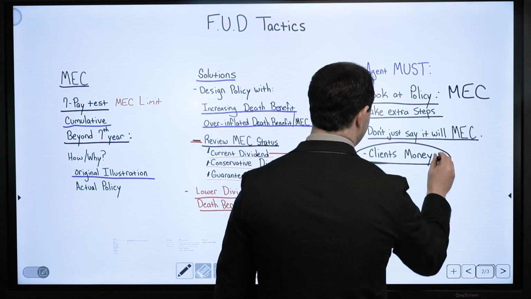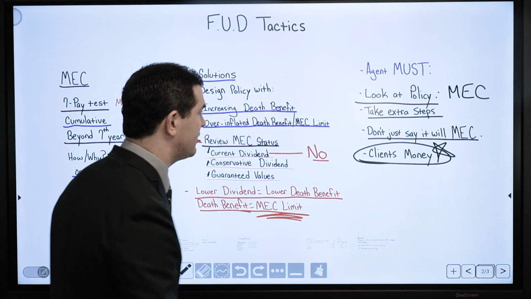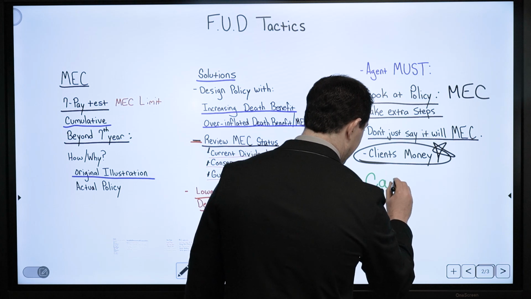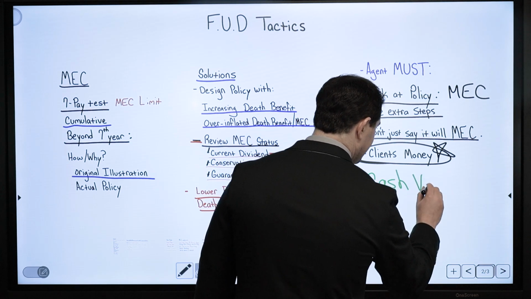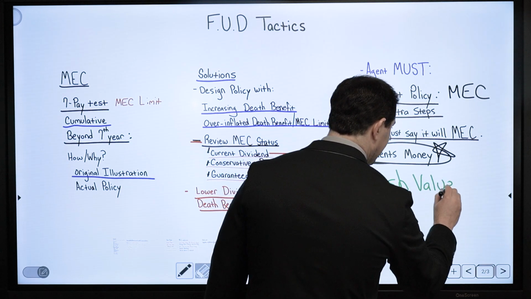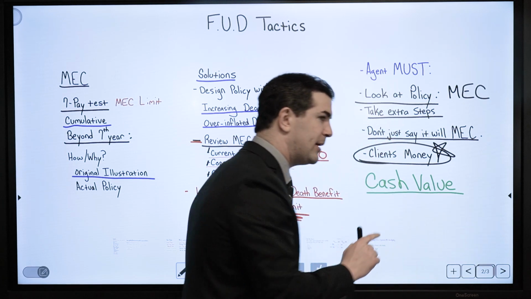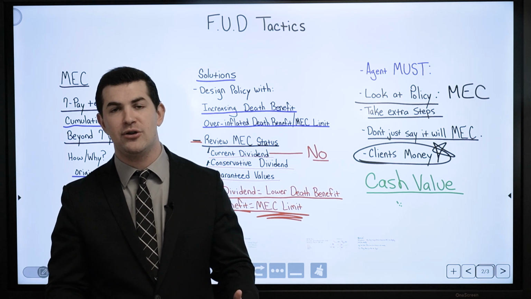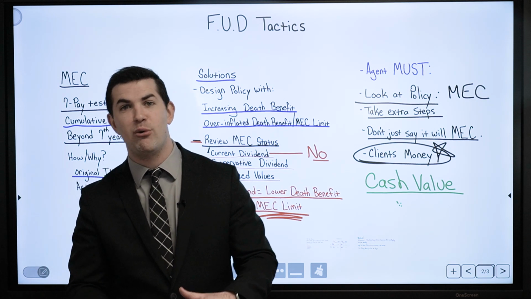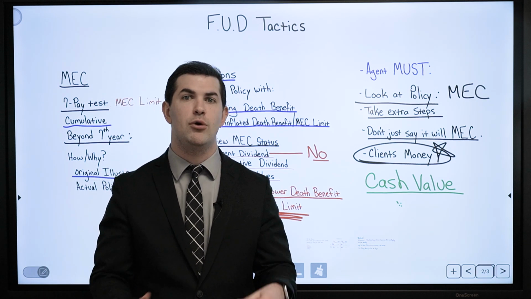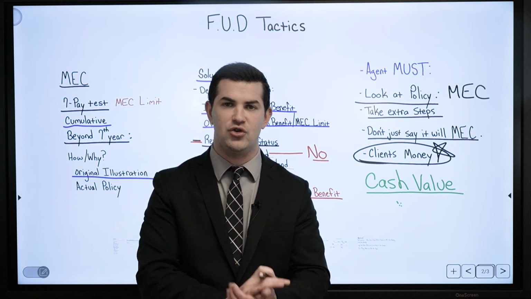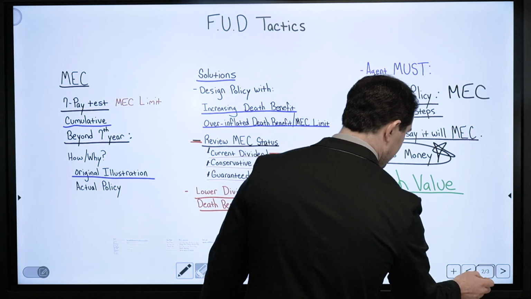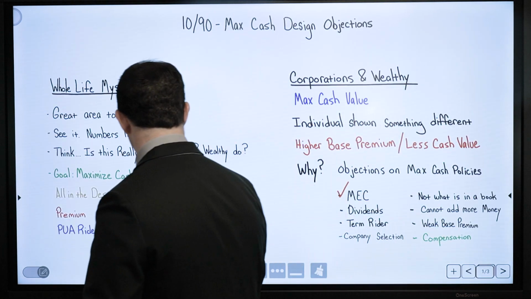On that point, it's the client's money that we're dealing with. If a client comes to me or to our company and says, hey, our goal is maximum cash value. There are other things we want to do with the money, but I want to optimize that first and foremost. We want to show them how to do that, but more importantly, we want to make sure we don't run into trouble down the road in terms of a modified endowment contract occurring. So, can a MEC occur? Yes, but it won't if you do everything properly.